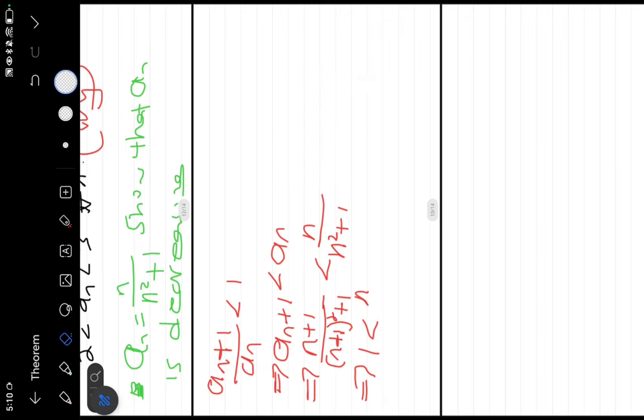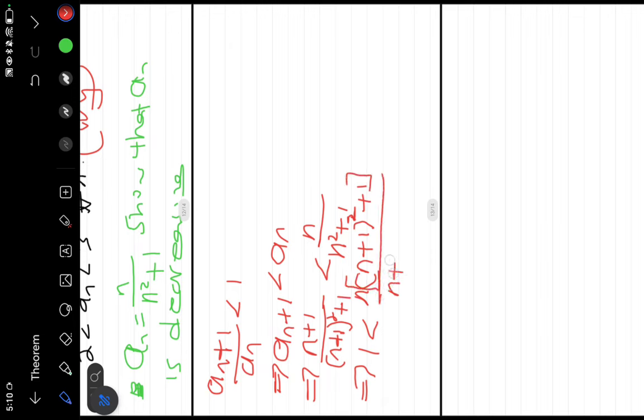So I see that this will be n times (n plus 1) squared plus 1, all over (n plus 1) times (n squared plus 1). We agree, right? Which would imply, let me write it down here, that 1 will be less than, if I simplify the numerator,